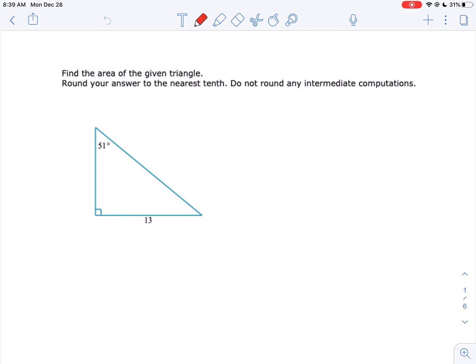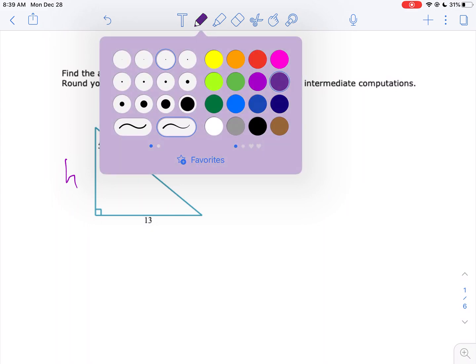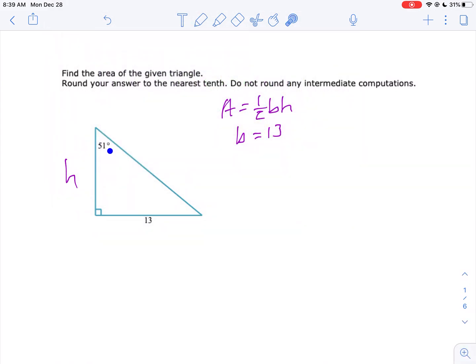We're supposed to find the area of this triangle. Well, the area of a triangle is 1/2 base times height. Well, we know the base of this triangle is 13. But what's the height? We're going to have to use our right triangle trig to find the height. So if I look at this problem, we know the side opposite 51 degrees is 13, and h is going to be adjacent. So opposite and adjacent. So we're going to say the tangent of my angle